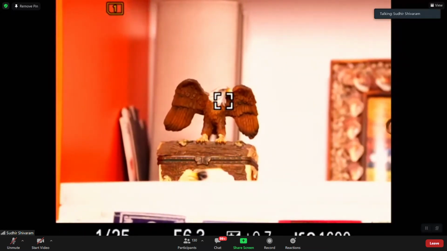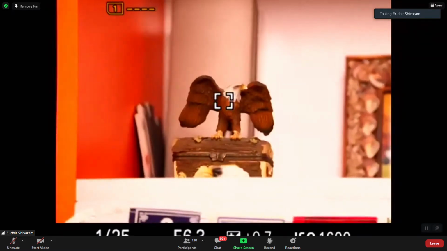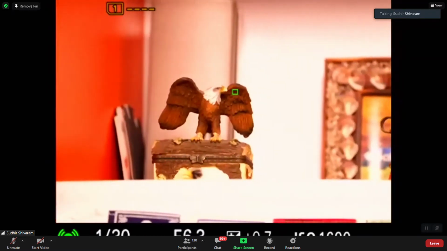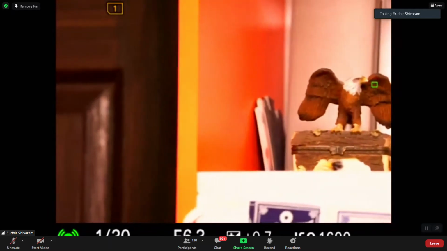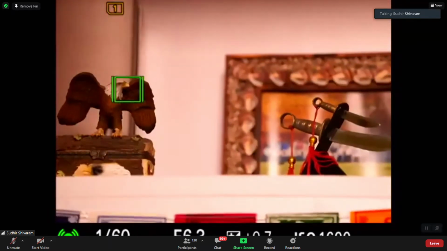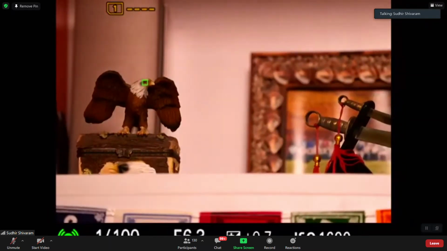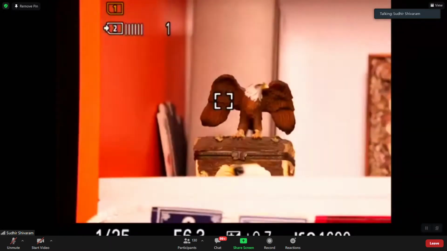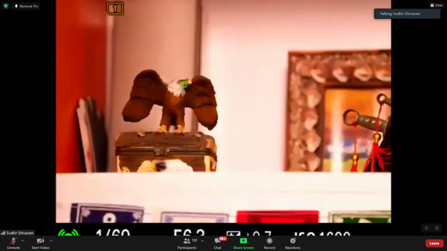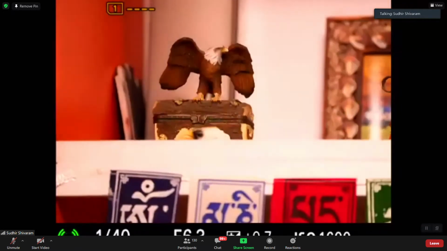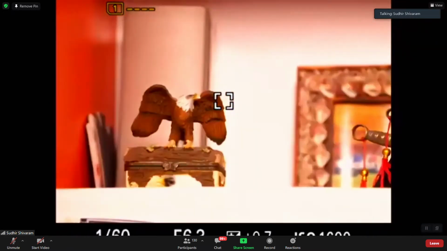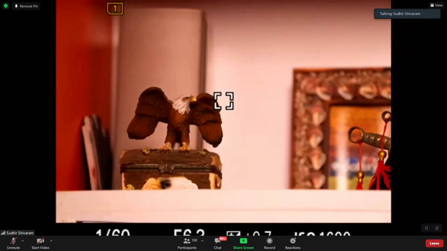So from a composition point of view, once I focus on that, once I lock it, it will track. And then if I want to keep the subject completely to the left, I just keep it to the left and then click. That's it. And then again, I can click on that, again, move wherever I want. So this is the major advantage of Sony, with the kind of autofocusing tracking it supports.